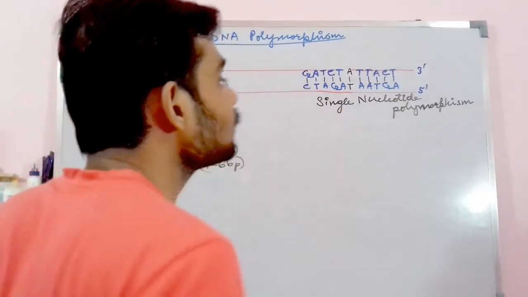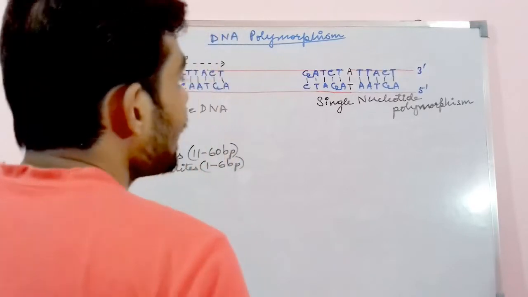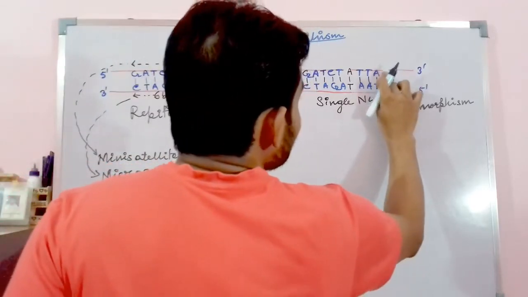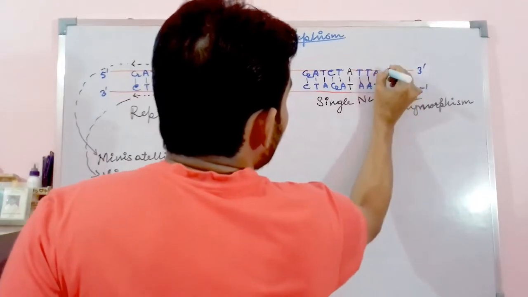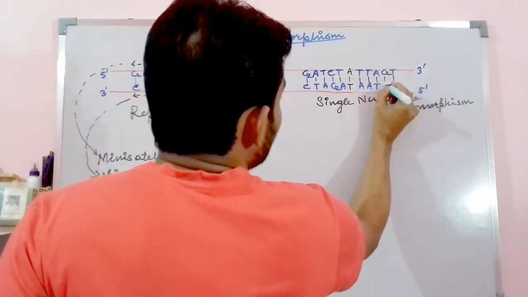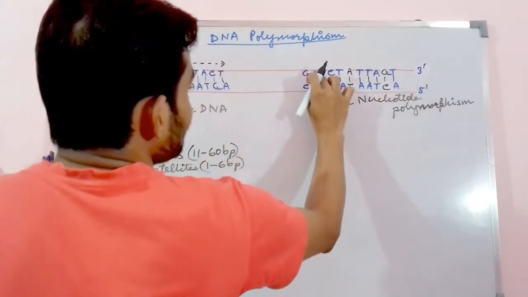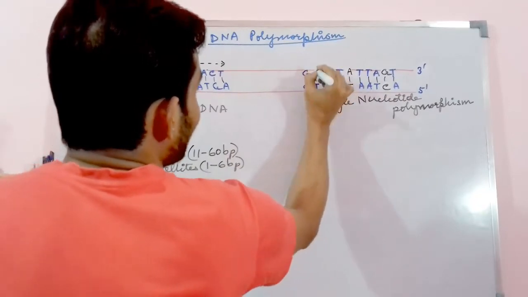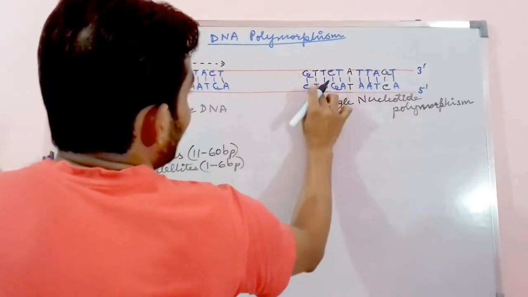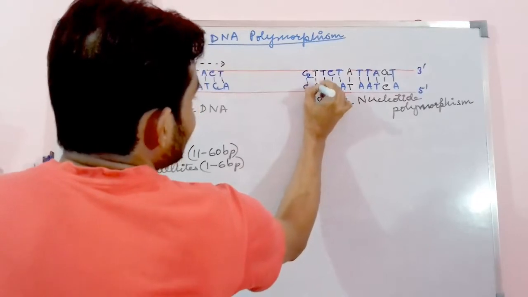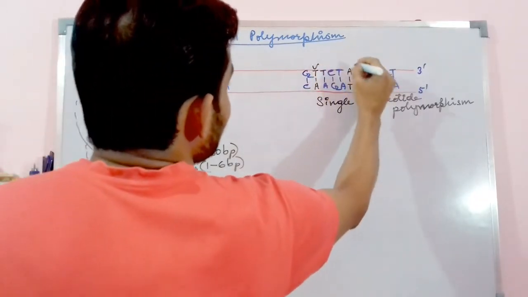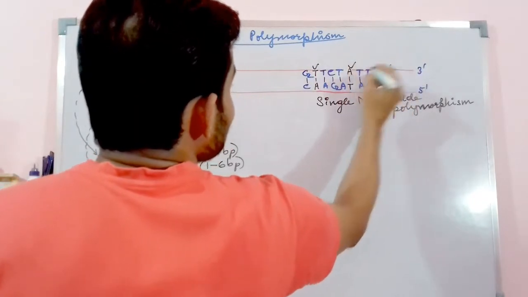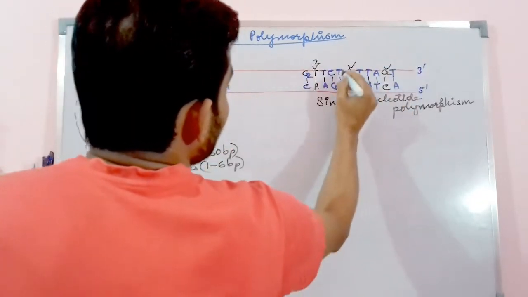Okay, that is actually what polymorphic DNA, or polymorphism, is. Now here single nucleotide polymorphism happens. What if I change this sequence also here. I write here guanine and cytosine. Here also I change the sequence. I write here thymine, and here I write adenine. Okay. In that case, you can see that this sequence and this sequence, majorly the second and